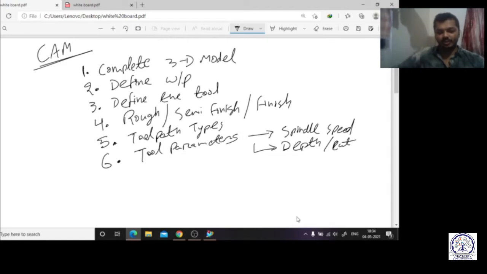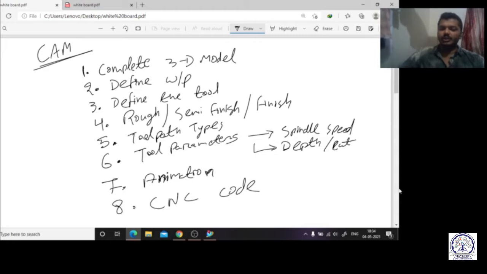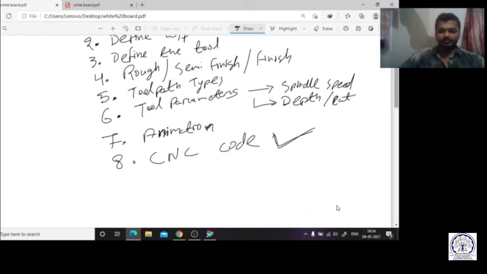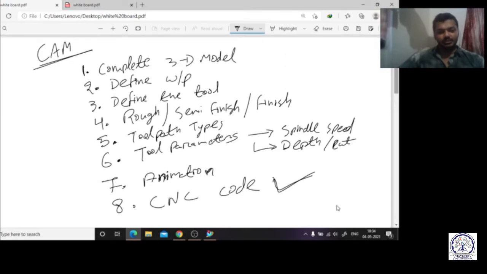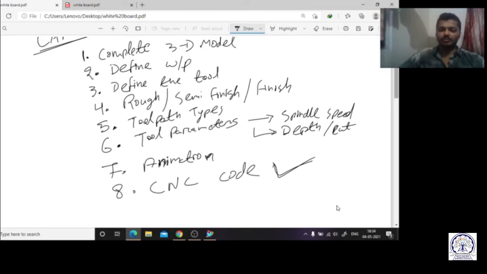After selecting all the parameters, finally we have to go for seeing the animation. If the animation is okay, it means my operation is okay. After that we are going to generate the CNC code. That is the output from our CAM software: we can generate the CNC code and directly implement it in the machine. By applying these steps, we are going to do the CAM operation right now.